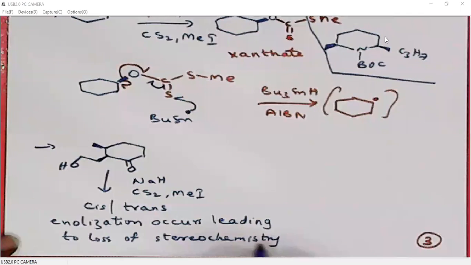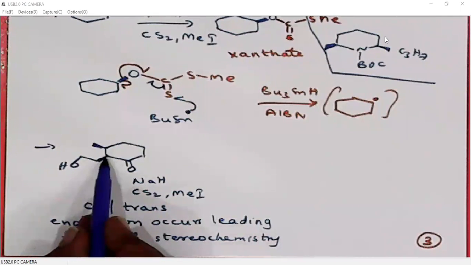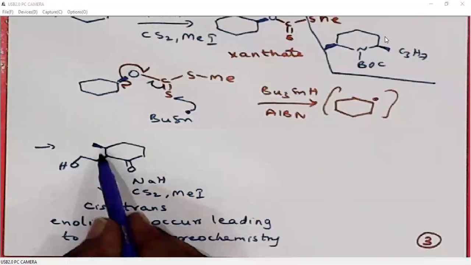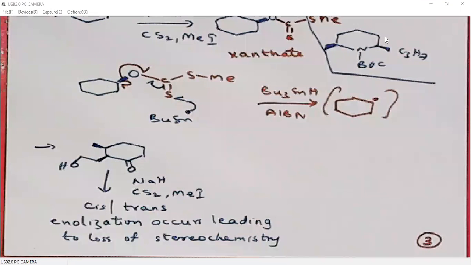So when we use a strong base, the alpha hydrogen can be picked up, so we are generating an anion here. In that case, we may have cis as well as trans. So we are losing the stereochemistry around this, right? Instead of getting a single product, we are ending up with a mixture of products. So to avoid this, what we can do,